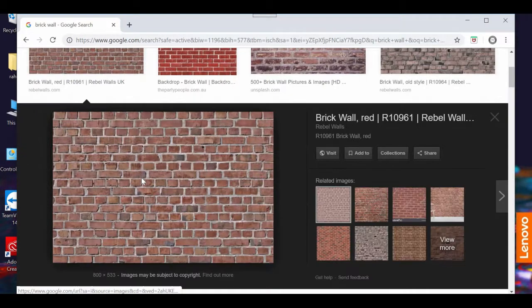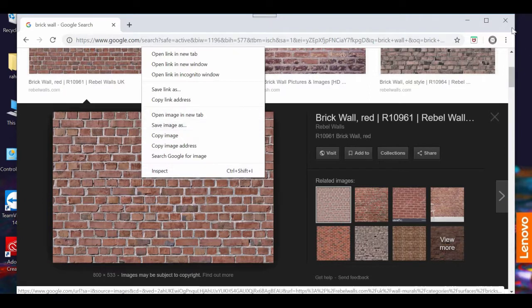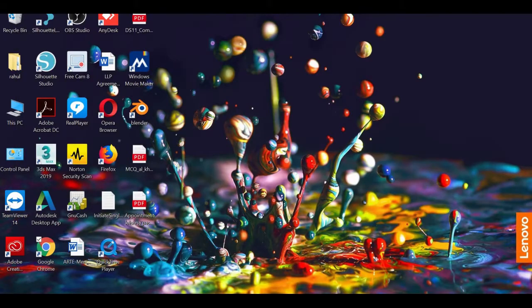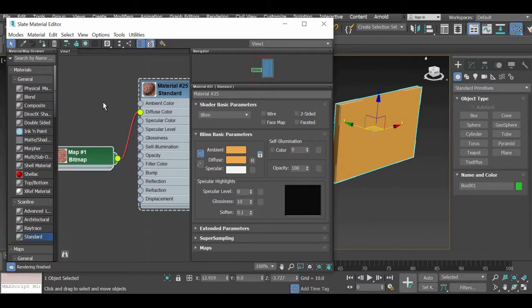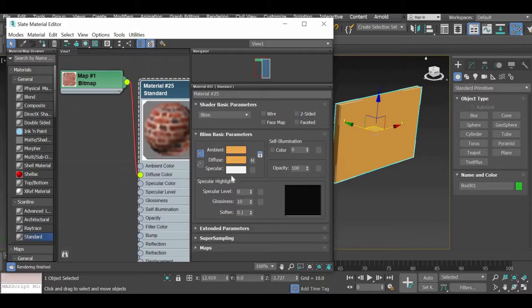You just have to select the image, right click, save image as, and once you save the image, you assign the image, and now you can see that the image is assigned to the material, and you can see that the material has updated,